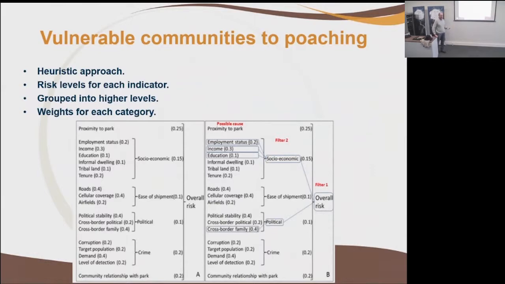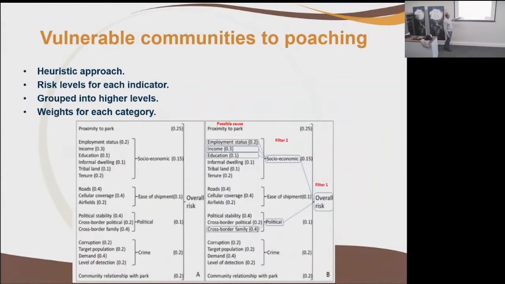Now, rhino poaching and so forth is now much in the media, and we wanted to look at communities at risk. Not that they are involved in poaching, but they might be. And if we can find out what the shortcomings in those communities are, maybe we can do interventions like uplifting the community work, trying to improve job opportunities, bringing in stability into those areas and so forth, so that the people don't get coerced into